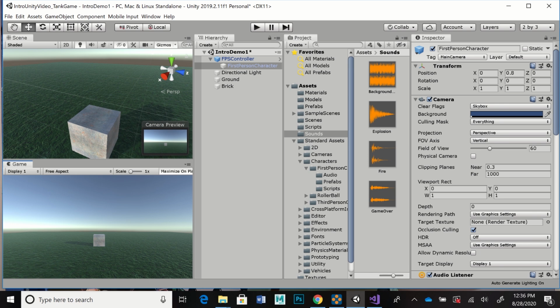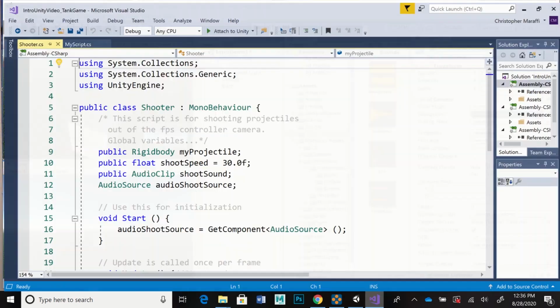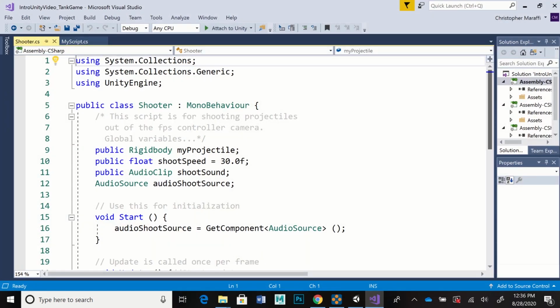And you can hear the chute sound and everything there too, which is coming through the audio source. So that's giving me the shooting mechanic, and that is coming from a script. And if I click on that script or click on Visual Studio to look at that script, what is